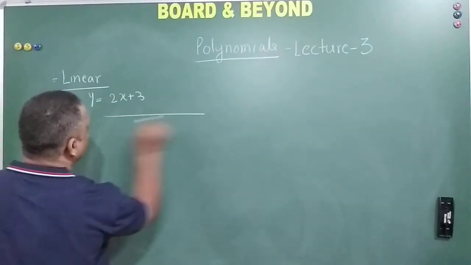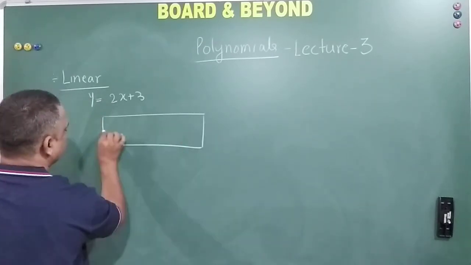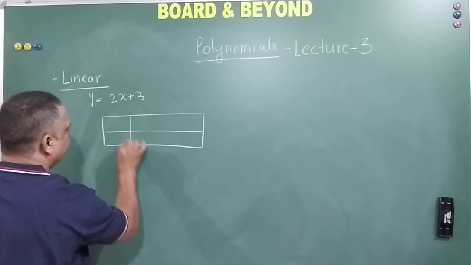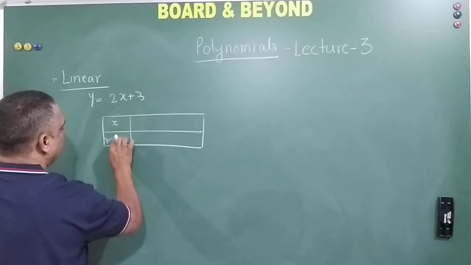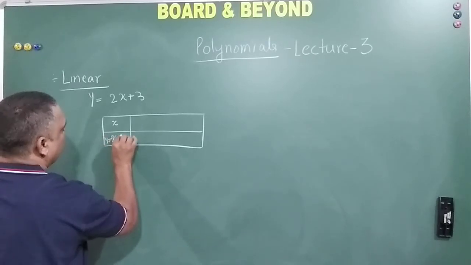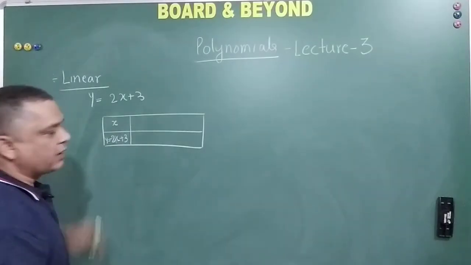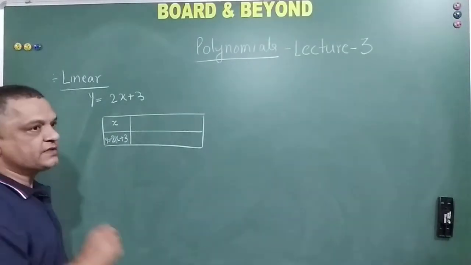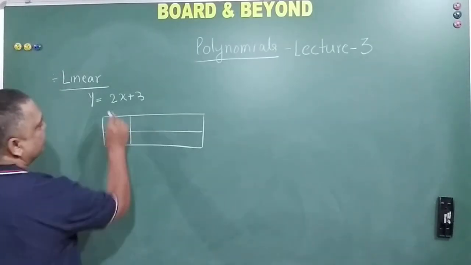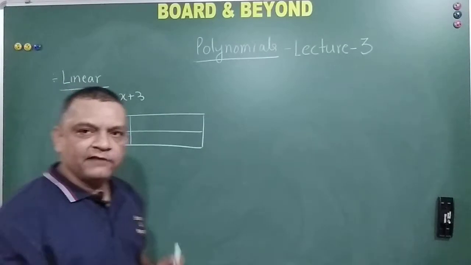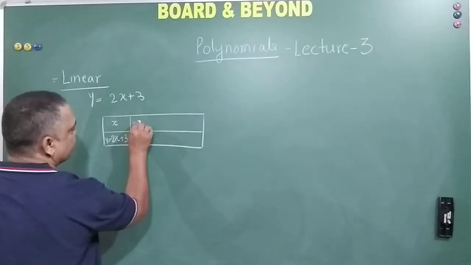We just make a table. I'll plot it that side. Here we write x, here we write y is equal to 2x plus 3. Sometimes you might not be able to see what is there on the board since it is small, so I just read out whatever I write here so that at least you can hear it. Let's take some negative values and some positive values here. So let's start with minus 2.